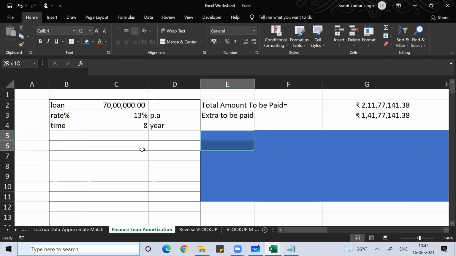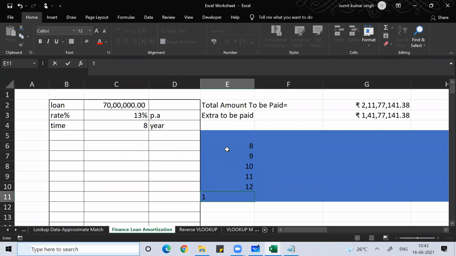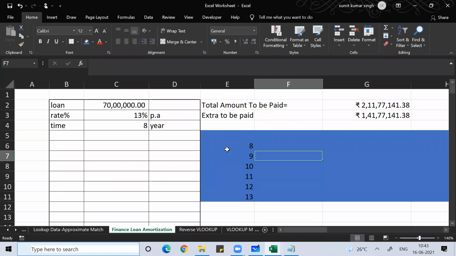So if I want to do analysis on that part, if I select this, here I give the time period: 8, 9, then 10, then 11, then 12, then 13. Okay, here I can give a time period.